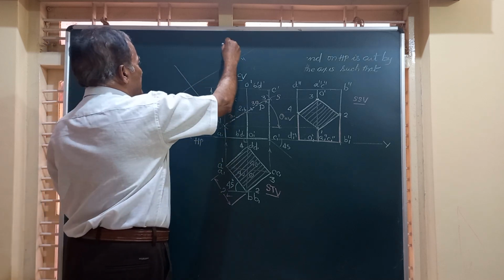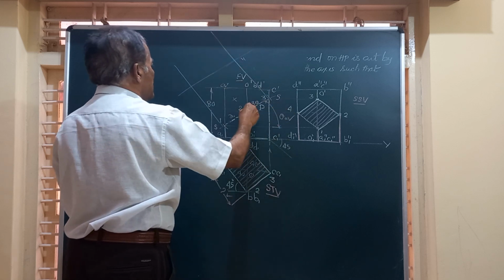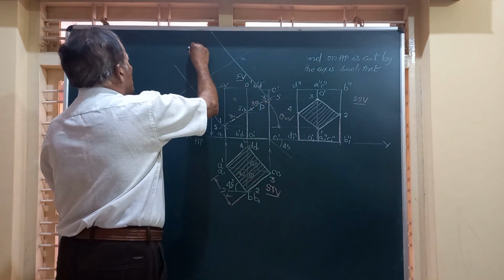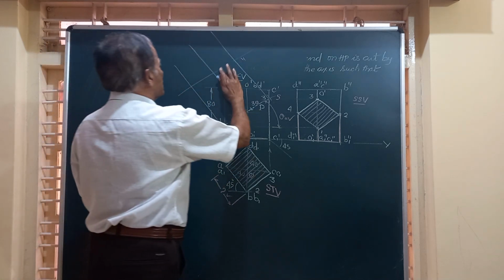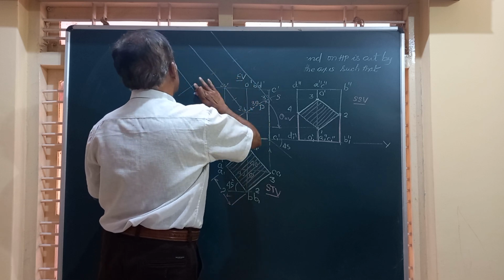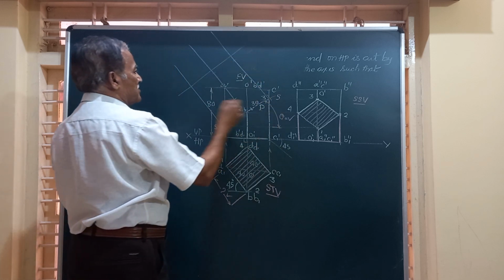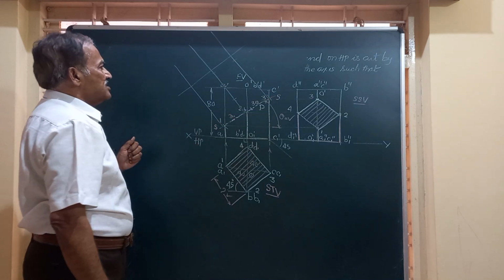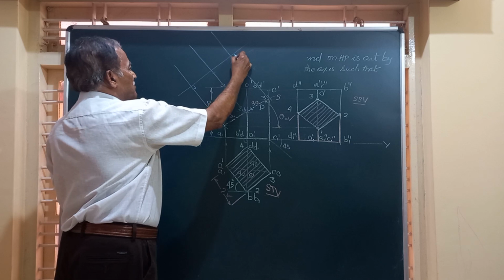So this is one line, and you have this as a second line. In between, you are going to have the third line. So these are all equally spaced. So friends, I have drawn this line parallel to XY or the section plane SS, and from here I have drawn all these lines perpendicular to that